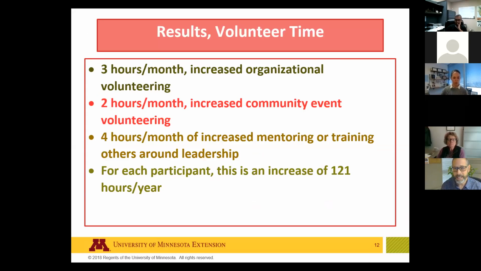We learned, for example, that there was on average 3 hours per month of increased organizational volunteering because of the program, an average of 2 hours increased community event volunteering, an average of 4 hours of increased mentoring or training others around leadership. So for each participant, this was an increase of, and I can't see it on my screen, but